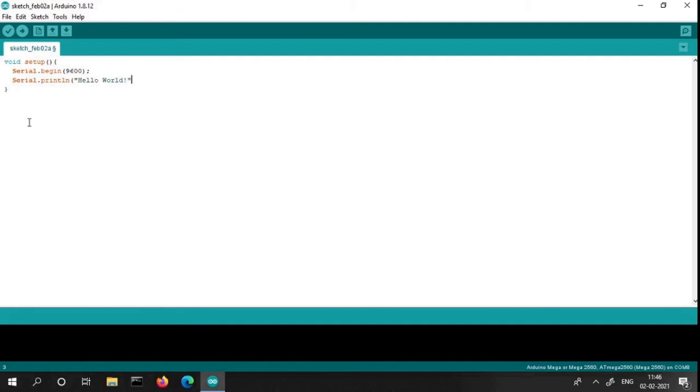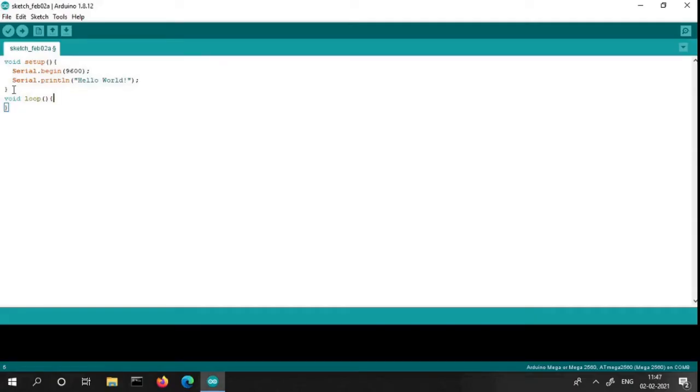We can see the difference between putting a command in the setup function and in the loop function. Now we are going to provide the void loop and the double bracket and the braces. We do not provide any commands in the loop function.